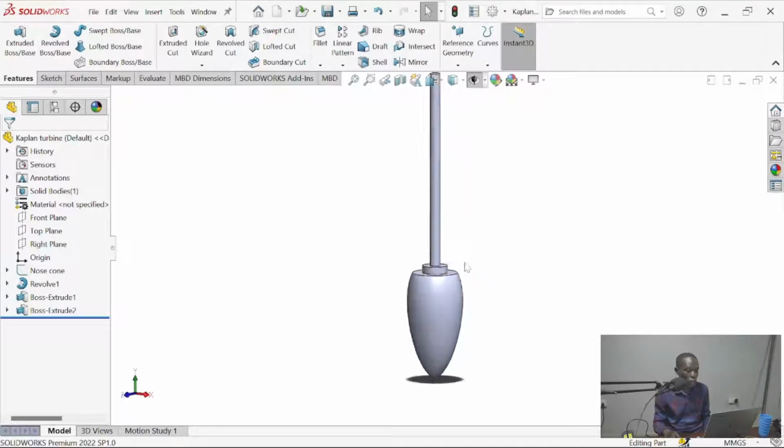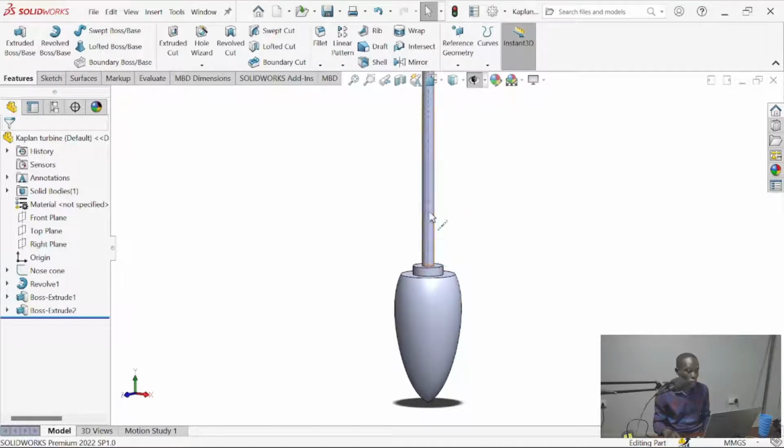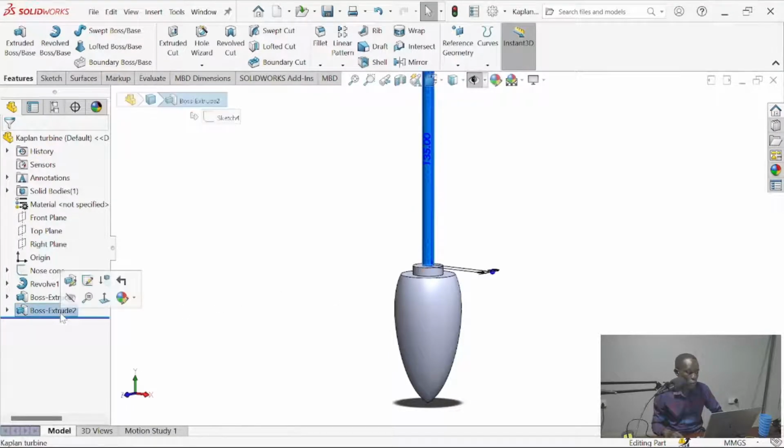Okay, 135 mm extrusion, diameter 7. Beauty with it, you can rename this. So this is our shaft, turbine shaft.